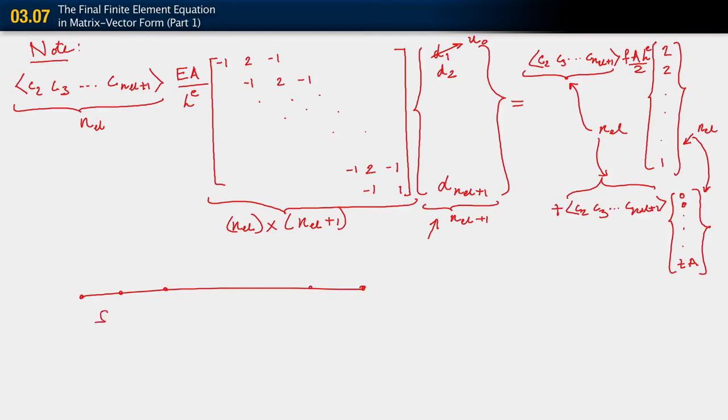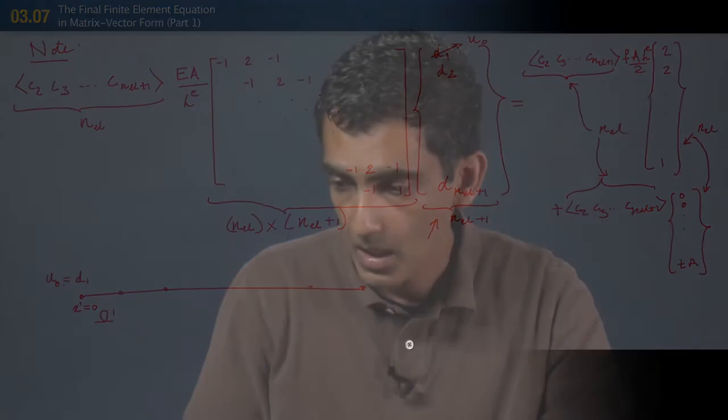Right, so this is element 1, and this position here is x, this node is x1 equals 0, right? And on that node, the degree of freedom is d1, which is u0, which is known, because it's the Dirichlet boundary condition, right? What this tells us is that